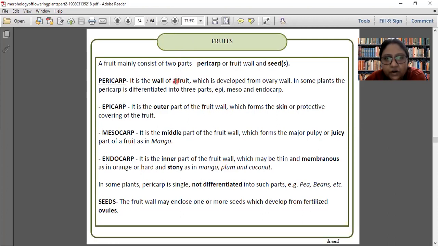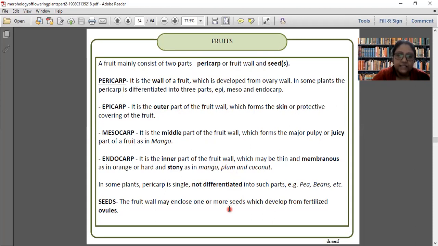Here we are talking about fruit. It is having two parts. One is pericarp. Pericarp is called the fruit wall, and the seed. Now, depending on fruit, the pericarp can be further subdivided into epicarp, which is the leathery skin present in fruit, mango का जो छिलका है. Mesocarp, which is the juicy part that we eat, and endocarp, it is the stony part. Okay. जैसे आप अगर कोकोनट में देखेंगे, so the shell of coconut is the endocarp.